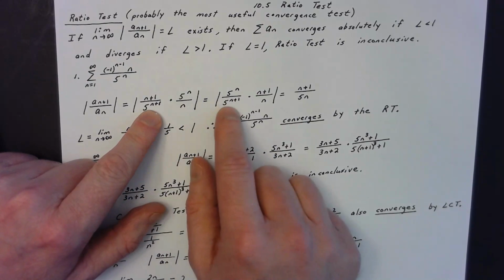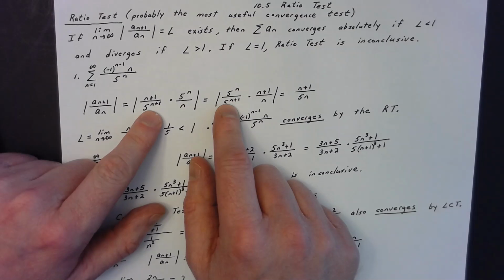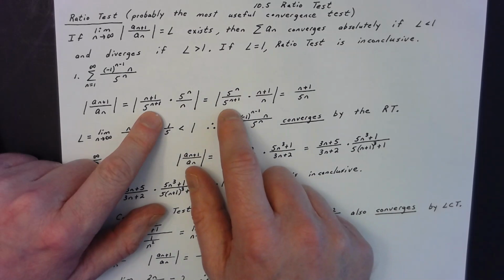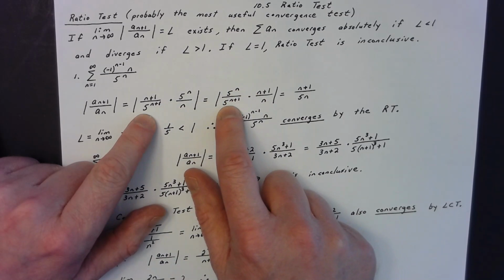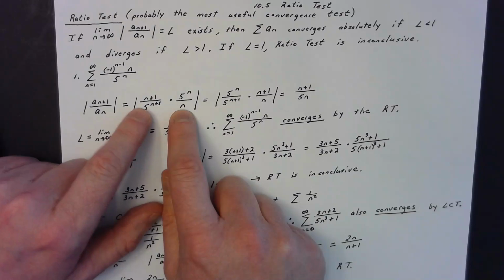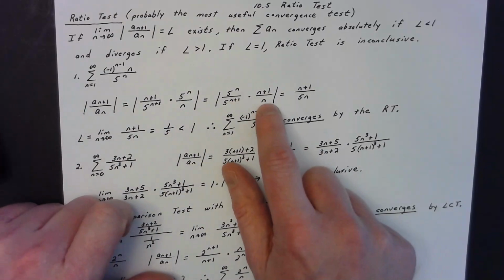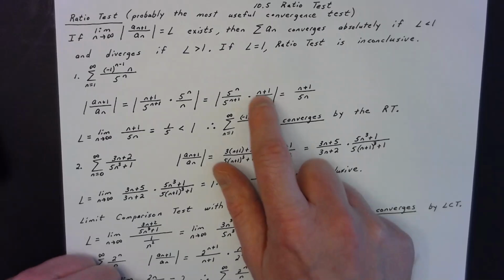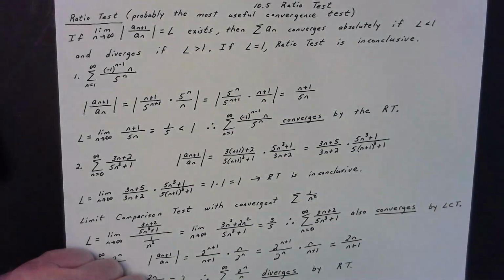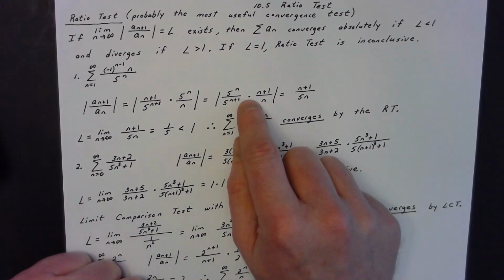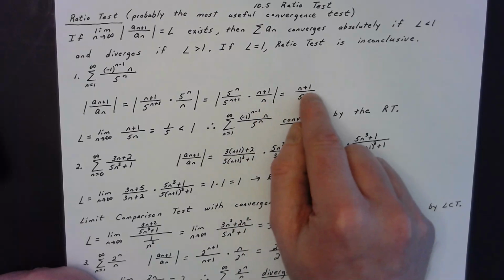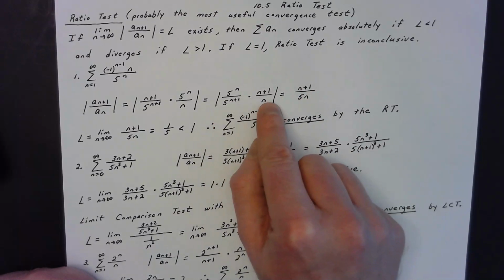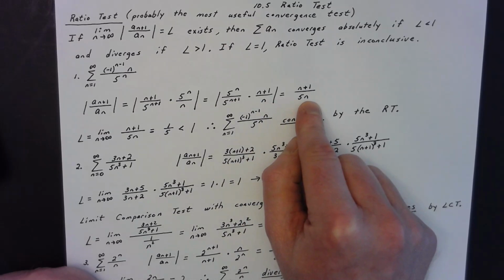So now we can say, well, this is going to become the group, and I gathered like terms in here, the two exponentials, 5 to the n over 5 to the n plus 1, and then the two polynomials, n plus 1 over n here. Now, 5 to the n over 5 to the n plus 1, that's easy. That's just going to reduce down to 1/5. Then my n plus 1 over n doesn't reduce nicely, so I just said this is going to be n plus 1 over 5 times n in the denominator.